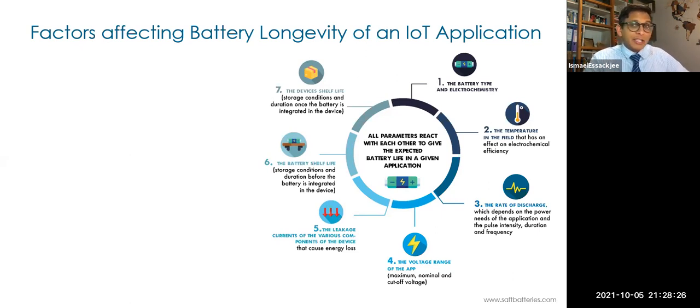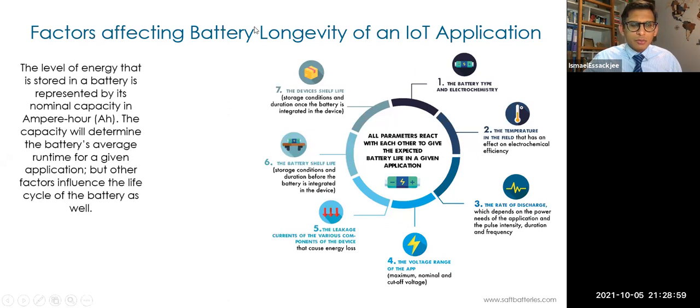Maybe you buy in bulk, maybe you're going to use that in 5 years, but after 2 years, the battery has expired. You need to take into account the shelf life, how much time is going to remain on the shelf. The device's shelf life and storage conditions matter; even on the shelf, if it is a store, it's going to heat up, so you need ventilation and so on to keep it at the proper temperature. So these are different. We're not going to go deep into that. Okay, just an introduction, just to trigger what you need to know when you're going to select a battery.